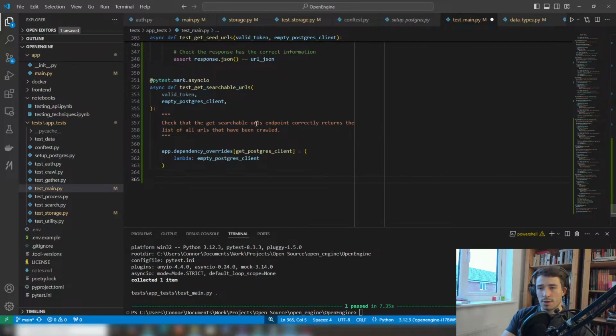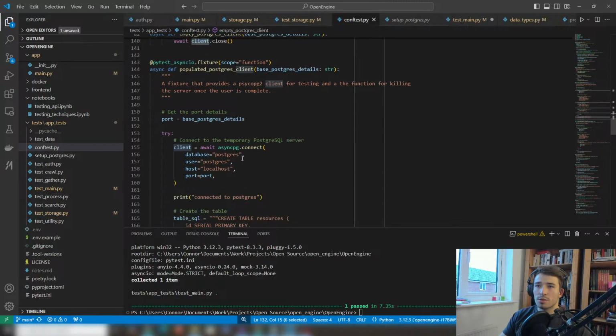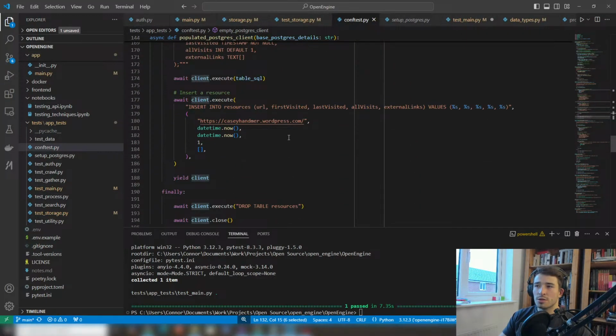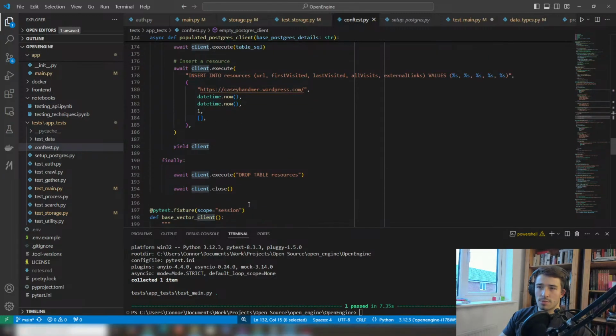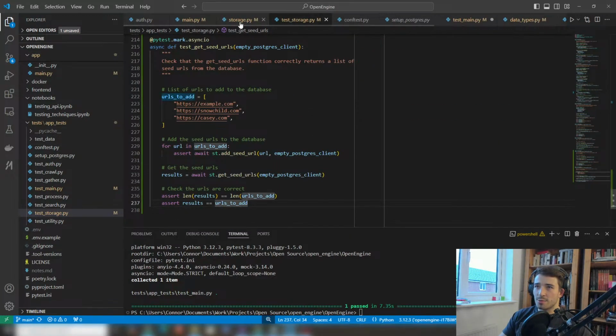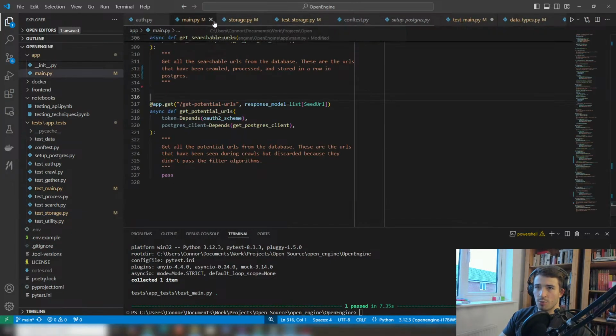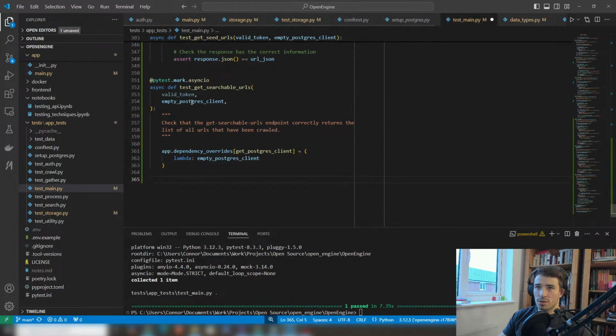Yep. Empty Postgres client. What did I get from populated Postgres? Okay, so I'll probably just use this one. I'll just use populated Postgres because it doesn't contain the CDALs, but it's already got